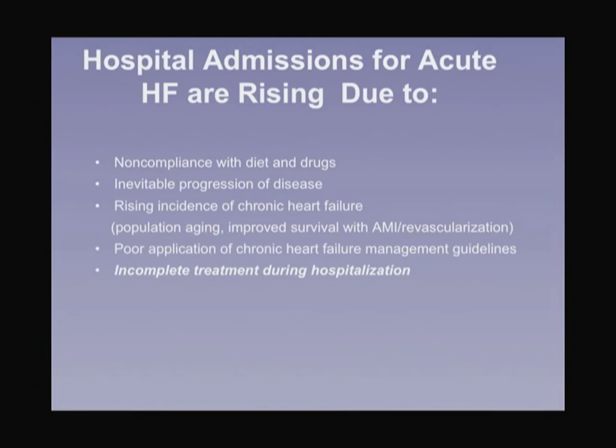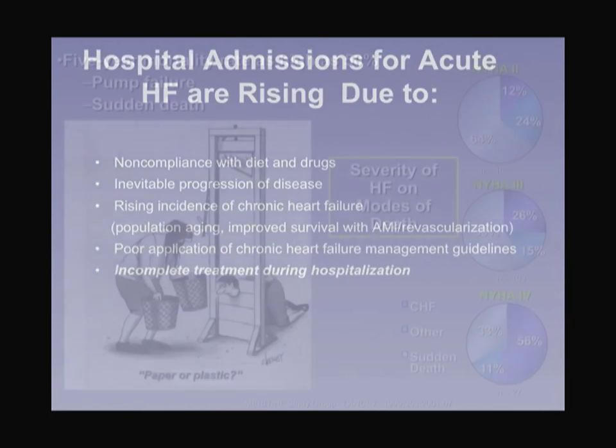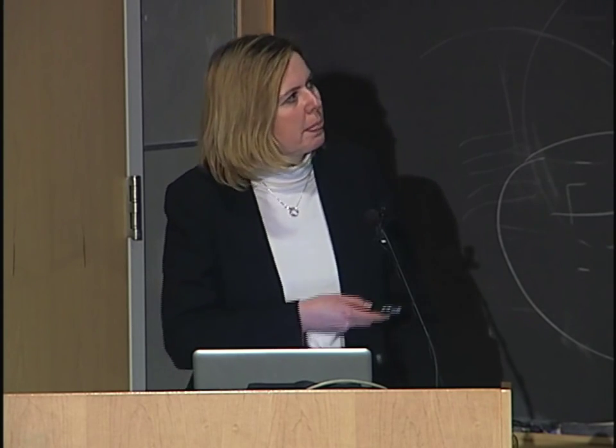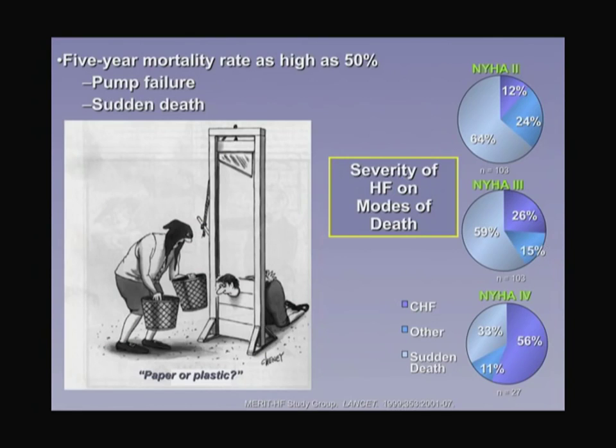So incomplete treatment may be another reason. This slide shows you that the 5-year mortality of heart failure is up to 50% per year in some patients. The causes of death are frequently pump failure, so a weakened heart, just progressive heart failure, or sudden death. And so this shows you the severity of heart failure and how it relates to the modes or causes of